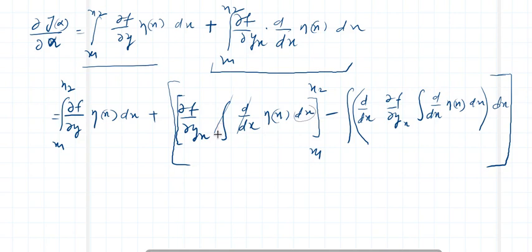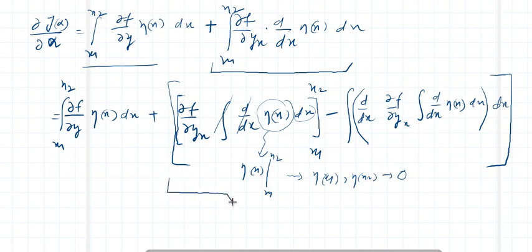Now try to look at it. This dx also cancels out when we take the integral. What do I have left here? I will remain only with η(x) and its limit from x1 to x2. And what were the values of η(x1) and η(x2)? 0. At the extreme ends its value will be 0. So that means this part of the integral will become 0. This whole is the integral from x1 to x2, because it is the whole integral. That's why I am taking limits here, not inside it. And this will cancel out.